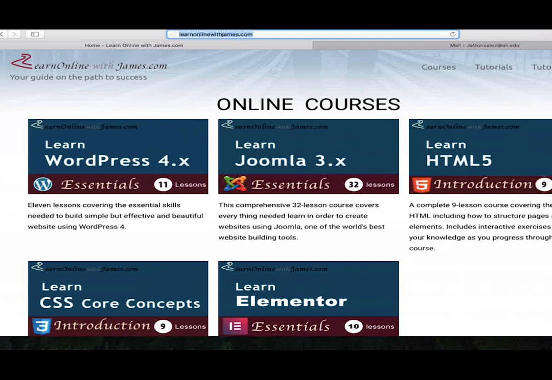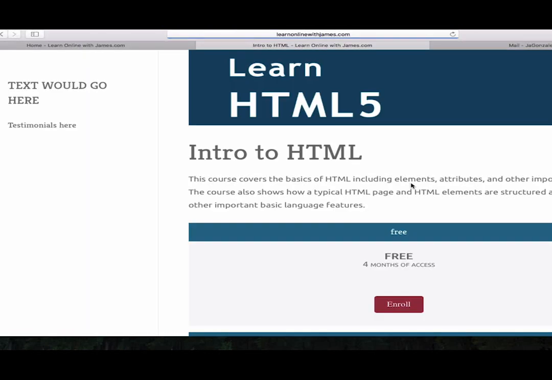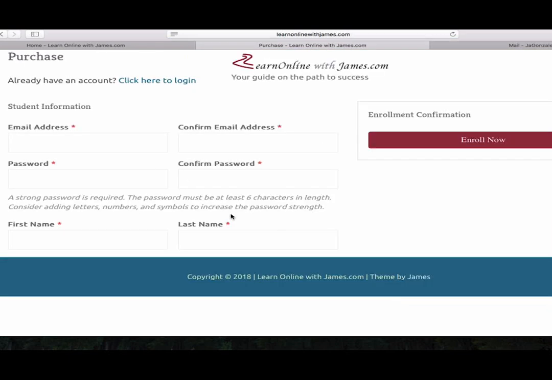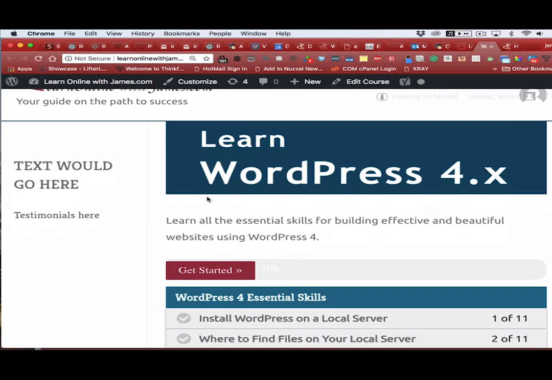Now the first time you access one of these courses, you may get to this page where you can choose the mini course you want. And the first time you click on that, they're all free, but it'll ask you to enroll. You only need to do this once. So you click on the Enroll button and go ahead and fill out your email address, confirm your email address, and then password, and then just click on the Enroll Now. And then what that'll do is that'll take you to this page here where you can then click on the